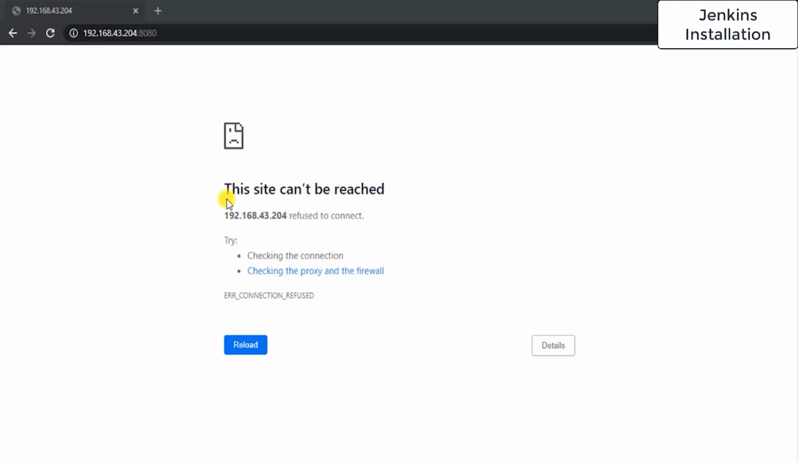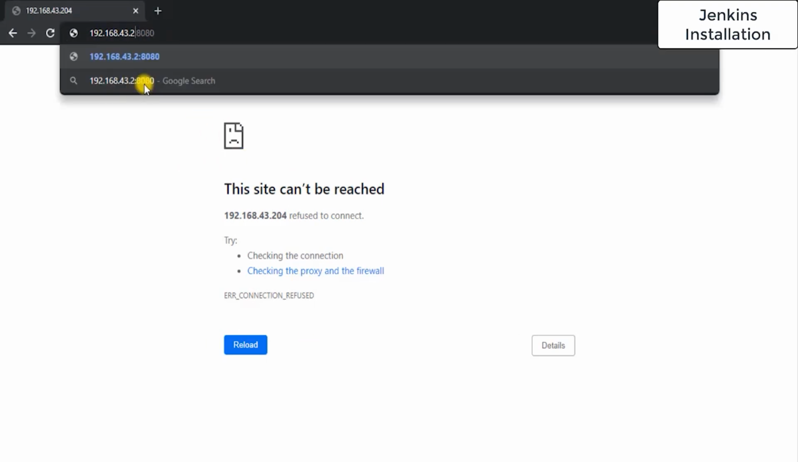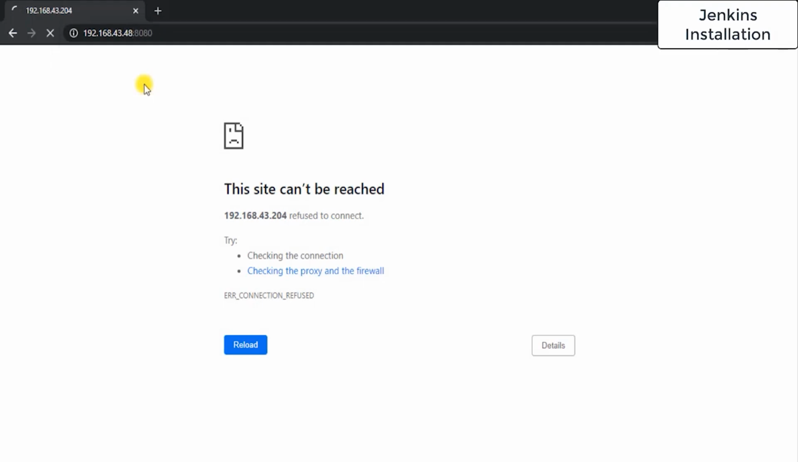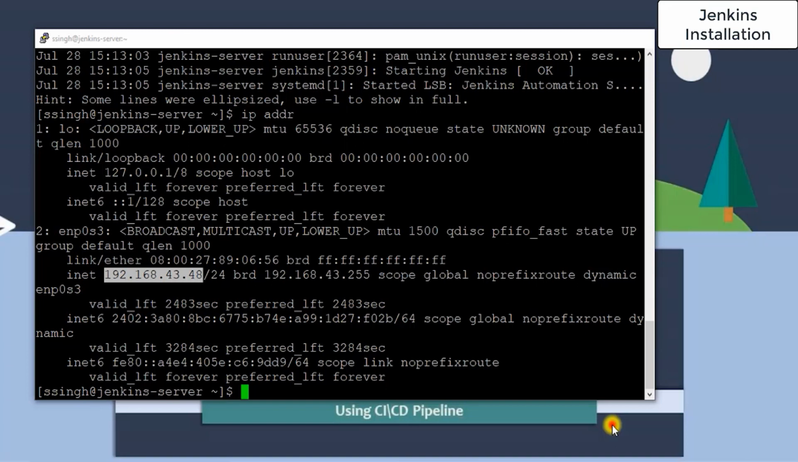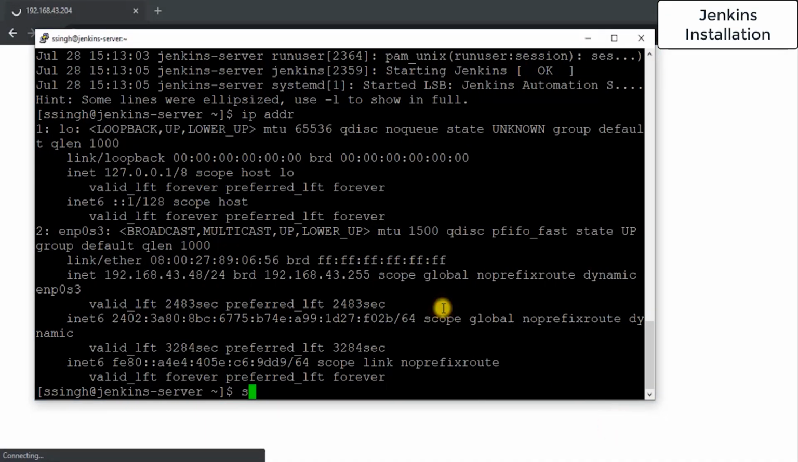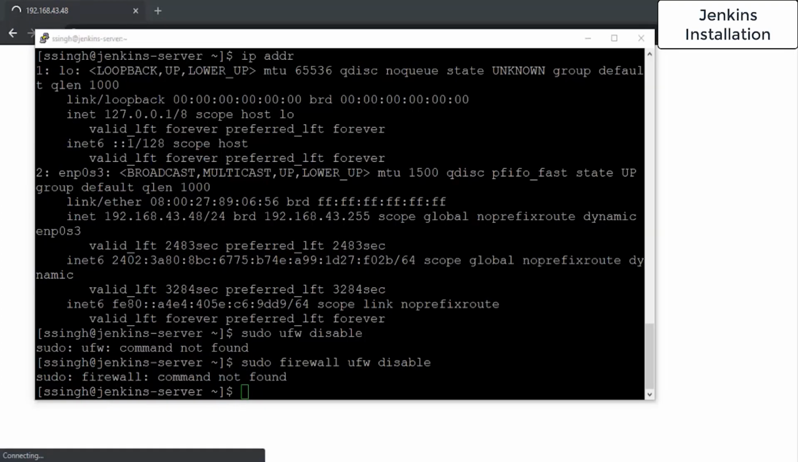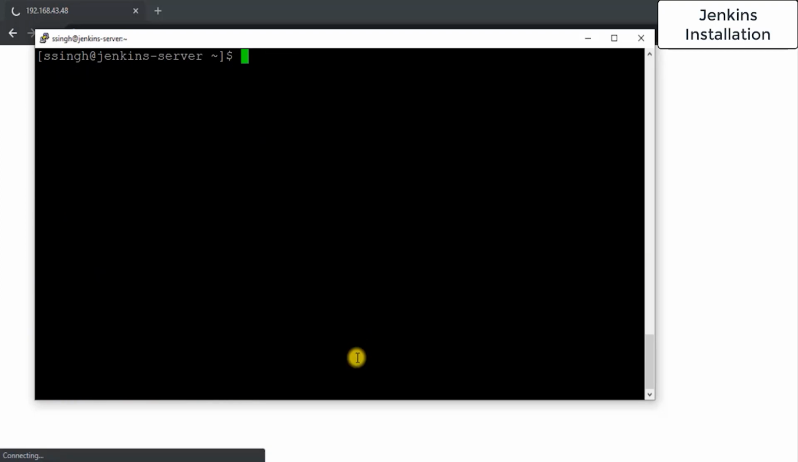Here you can see I'm not able to access this IP address. What I think is that there might be an issue with the port. The firewall is blocking that port from being accessed from outside. Let me disable the firewall for now. The command is sudo ufw disable. Oh, actually that's an Ubuntu command. I'm on CentOS, I just forgot. The command is sudo